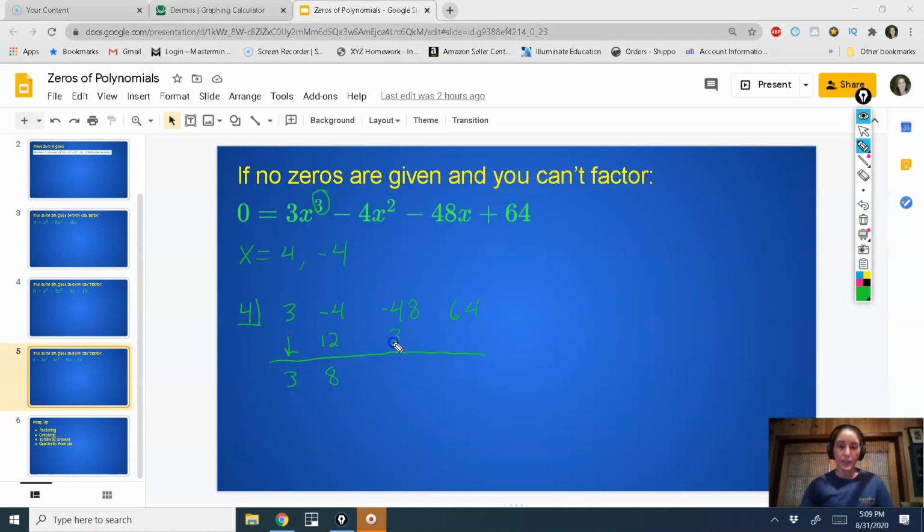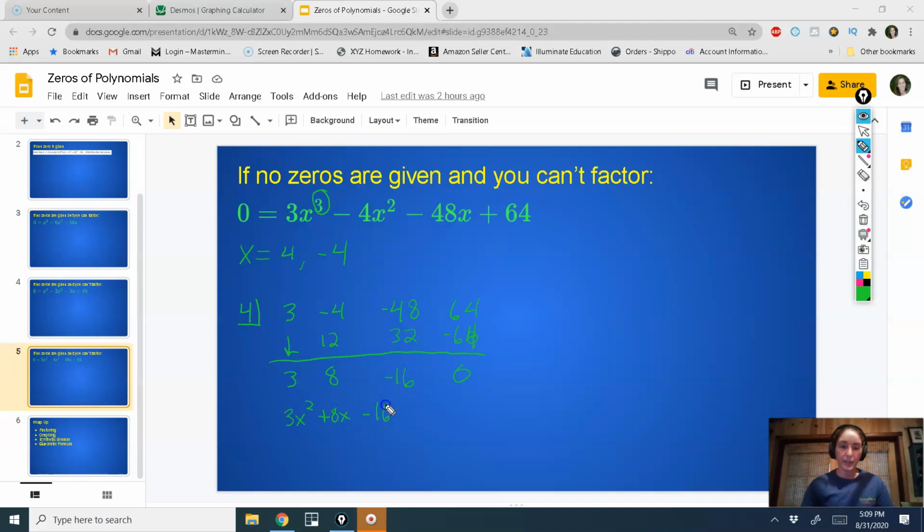4 times 8 is 32. Negative 48, positive 32, that's going to give you a negative 16. 4 times negative 16 is negative 64. Those guys zero out. Perfect. So our leftover polynomial then is going to be, drop the power by 1, so 3x squared plus 8x